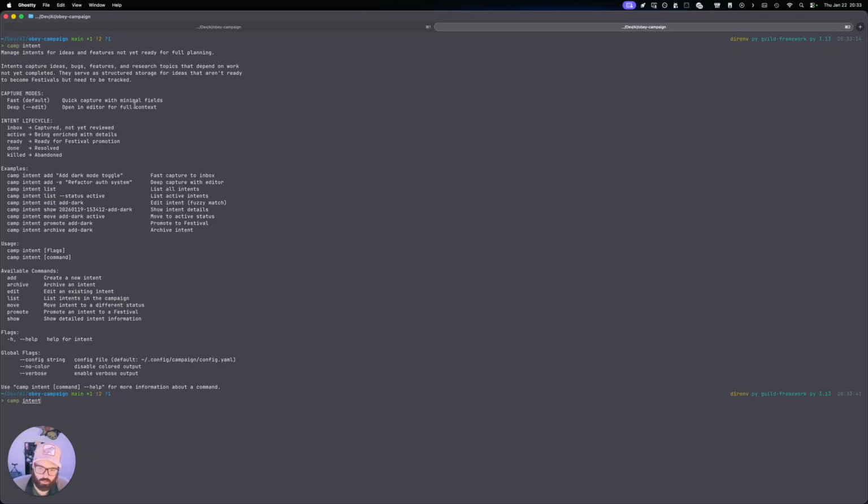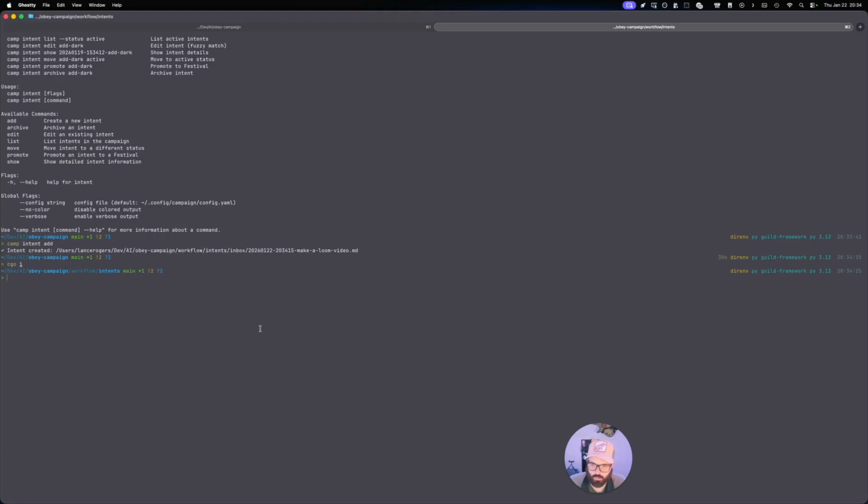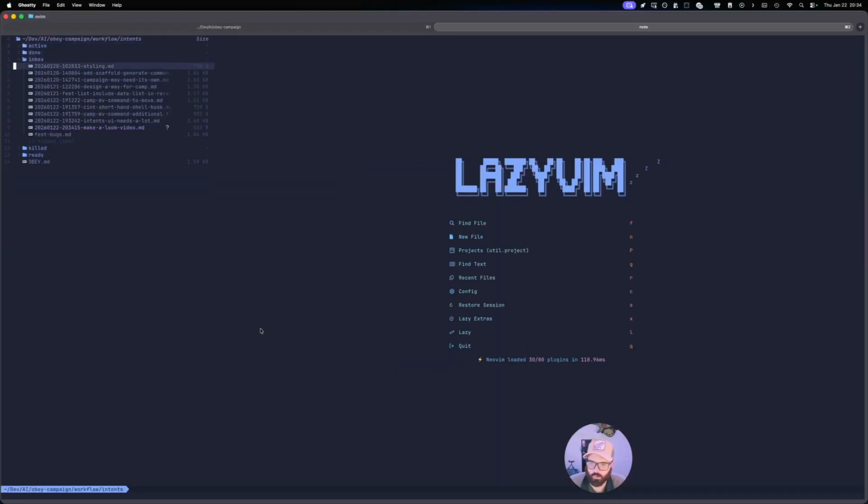So type content, add, and open, and I just type out, I should make a video. All right, so then I can use the COCOMO command, because I can't jump straight to the intents. This one's a little bit of a work in progress. Goes to inbox, and then I can just set up a festival loop to go look through these and decide